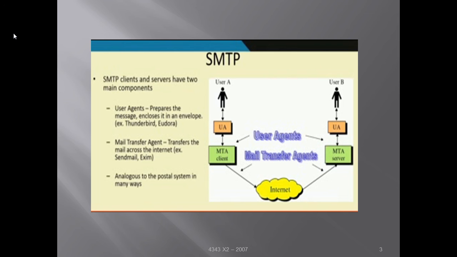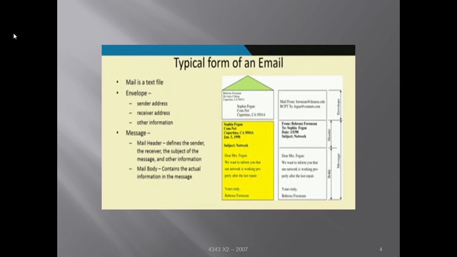SMTP also allows the use of relays, allowing other MTAs to relay the mail. So other than the MTA acting as a server and client, it also allows MTA relay. On getting a mail, it is relayed through the internet to the other mail server, and so on. Mail gateways are used to relay mail prepared by protocols other than SMTP and then converted to SMTP. So we have that mail gateway which allows the mail to go to the other end.